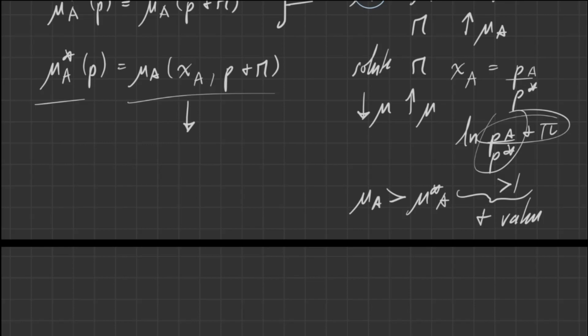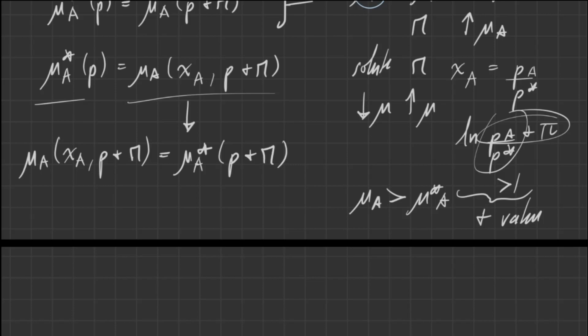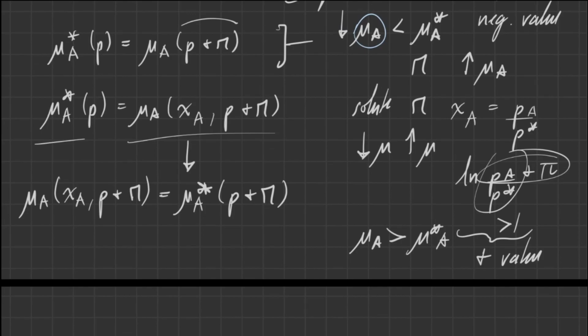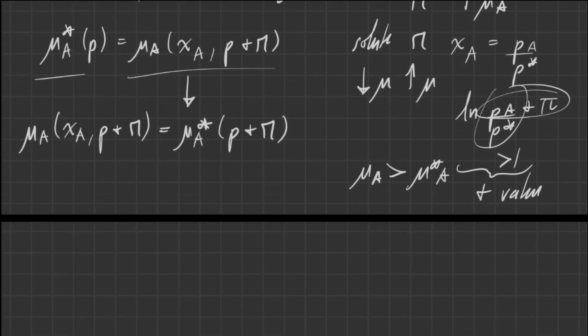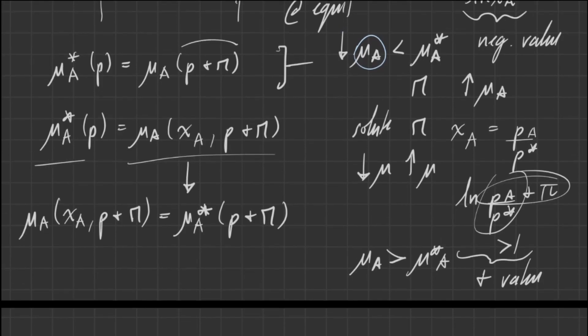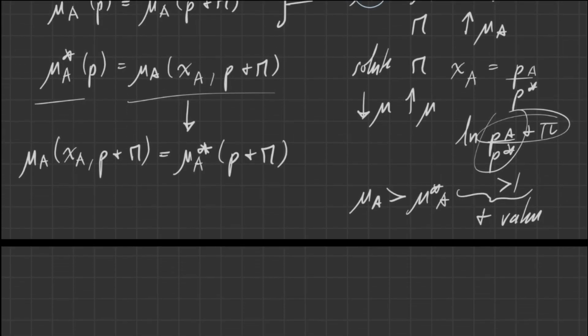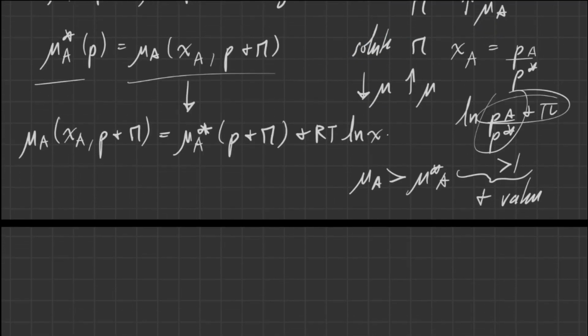That's the equation I mentioned earlier. So it's going to be mu A with the parameters of the mole fraction of A at pressure P plus osmotic pressure is equal to your standard at pressure P plus osmotic pressure. In this case your standard isn't going to be 1 bar, but whatever. Now you have that, and I want to add this also, because that's part of the equation now. So here's your equation. I want to substitute that in for here,